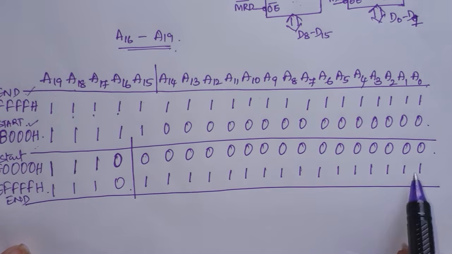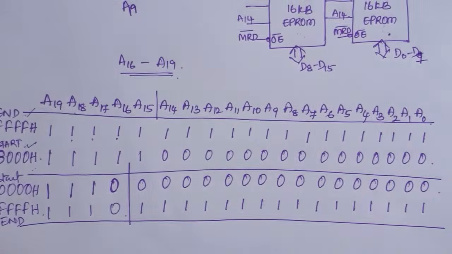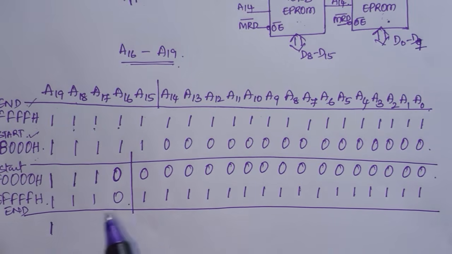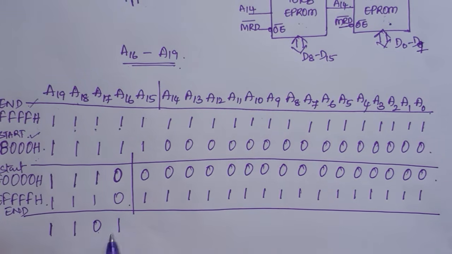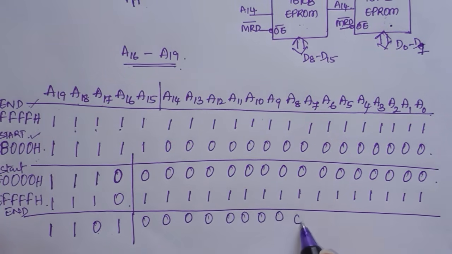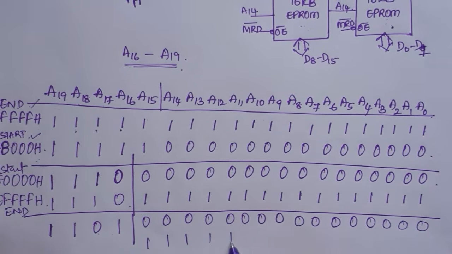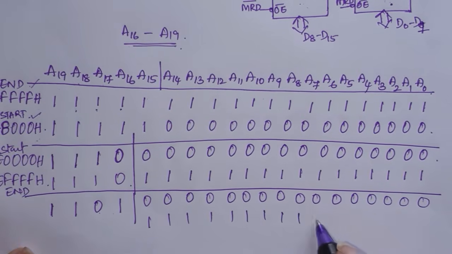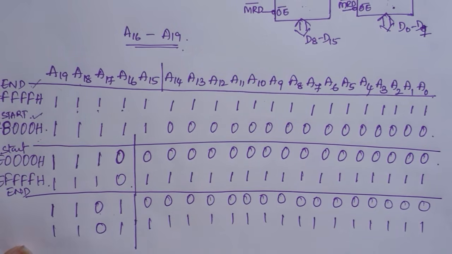Okay, so this I have taken for one pair of RAM, and another pair is there because we have connected 4 RAM chips here. So for another pair I can take another combination for A16, 17, 18. Any combination you can take. Let us suppose I take 5, 101, and all other bits will be 0 is the start address range, and all bits equal to 1 will be the end address range. Okay, so this is the address map.